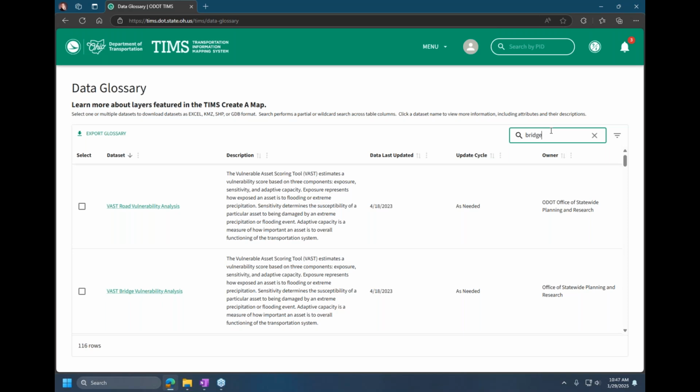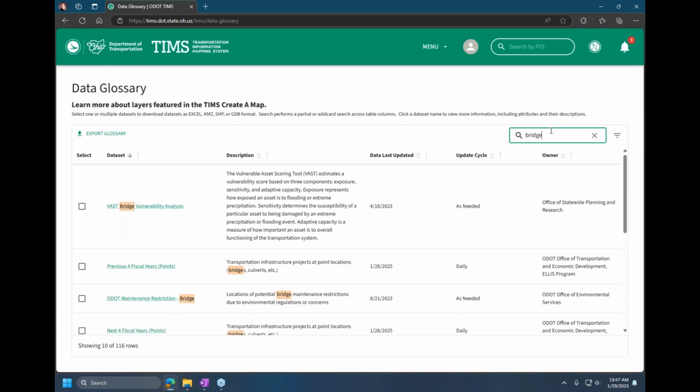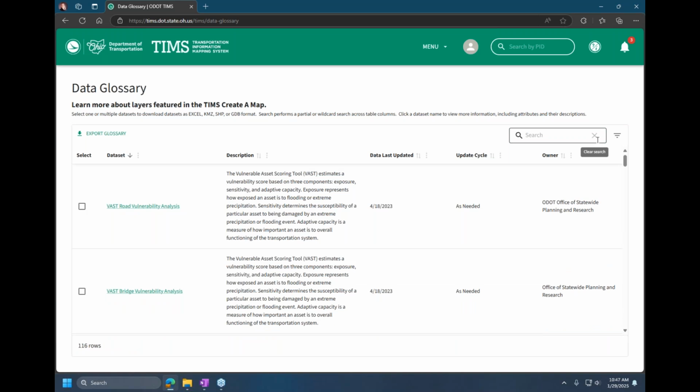You can use the search box to find anywhere. It's going to search not just the data set name, if it includes your search term, bridge, but if bridge exists in any of the descriptions, that's going to come up as well. So it's another way to discover what kind of data we have available in TIMS. If I want even more information,